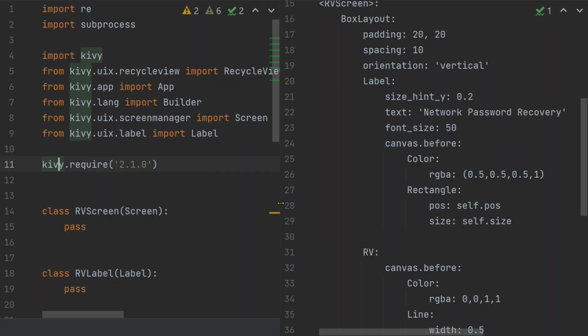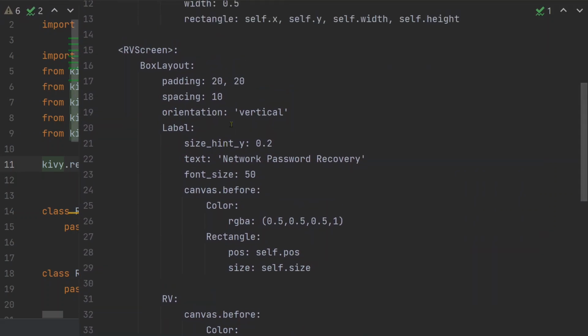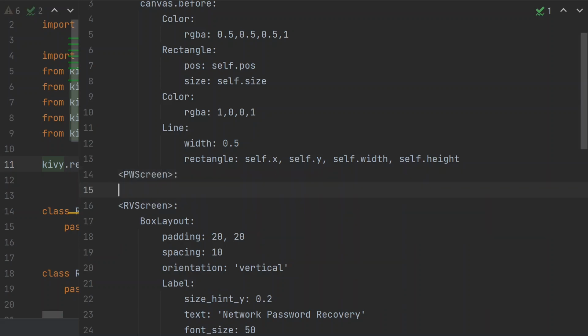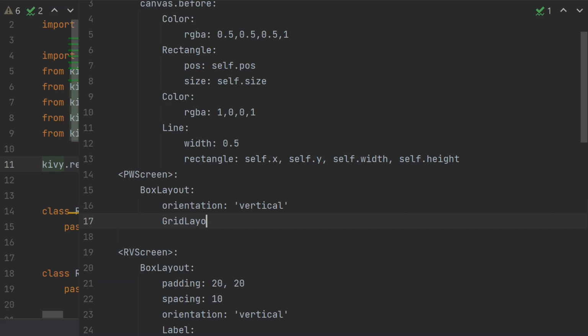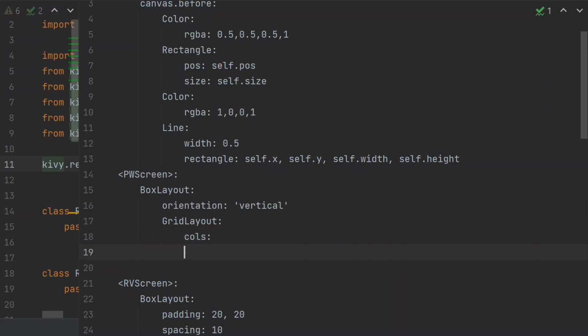So let's build that. Now I'm going to start on the Kivy side because I need a new screen. Let's do the new screen first. So I'm going to call this password screen or PW screen. And then I'm going to make this a box layout. Within there, I will create 2 grid layouts, one for each row of labels. So this grid layout has 2 columns,